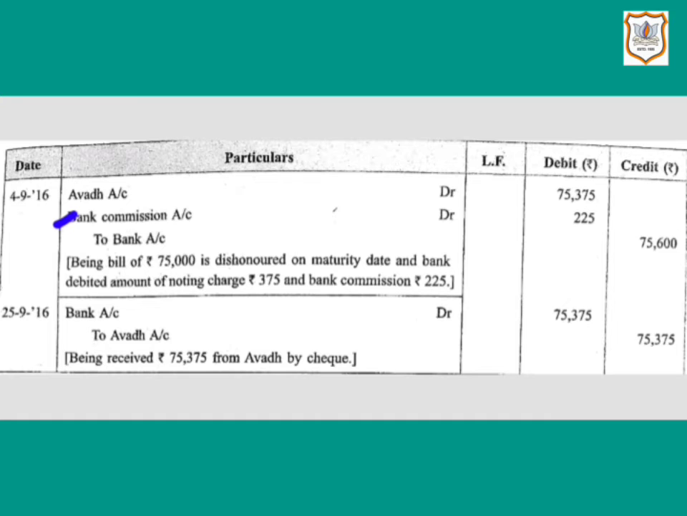Earlier we saw that the drawer, in order to ensure safety, sent the bill to his bank with instructions that the bill be retained and realized on its due date. It means the bank will retain the bill in safe custody and present it for payment on the due date. The bank would credit the account of the customer on realization of the amount. But here the bill is dishonored. So our journal entry would be in the books of the drawer,